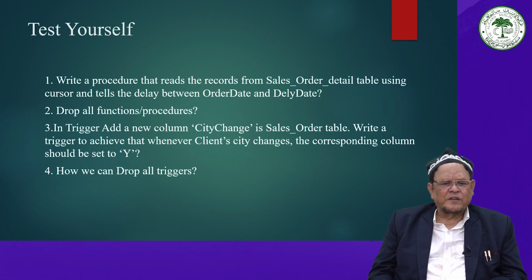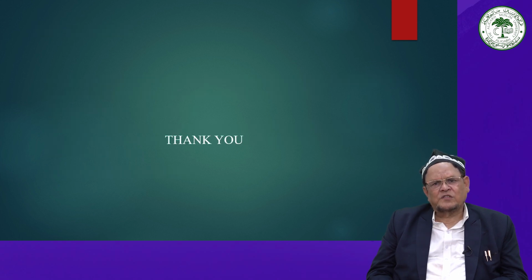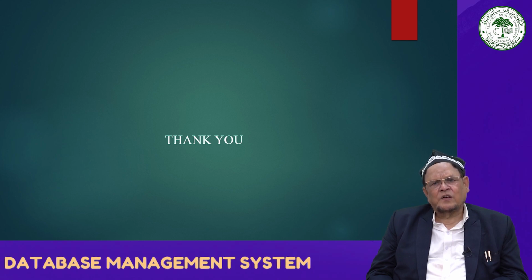Write a trigger to achieve that when the client city changes, the corresponding column should be set to Y. How we can drop all triggers will enhance your understanding, and it will give valuable insights and practical skills applicable